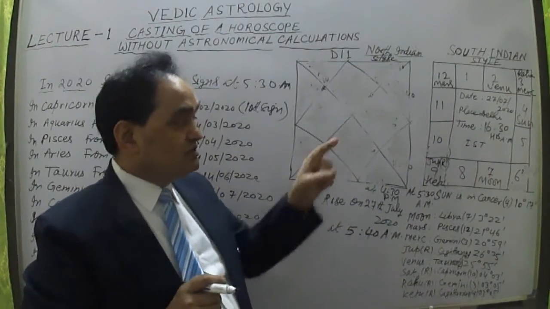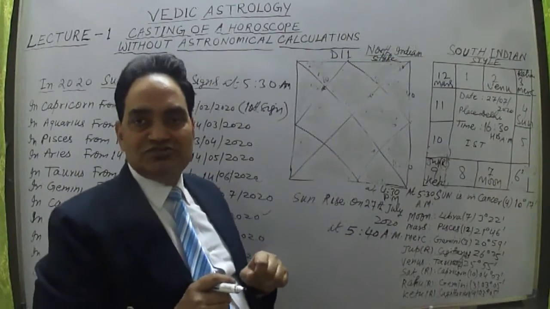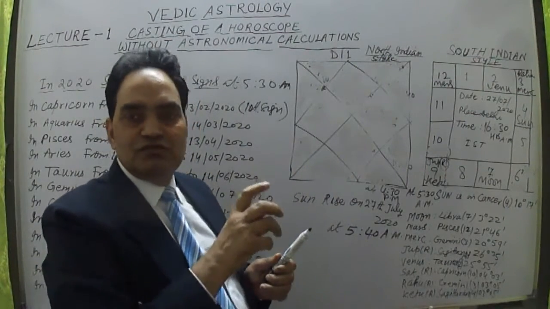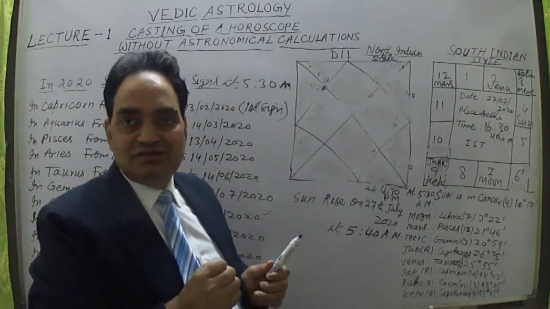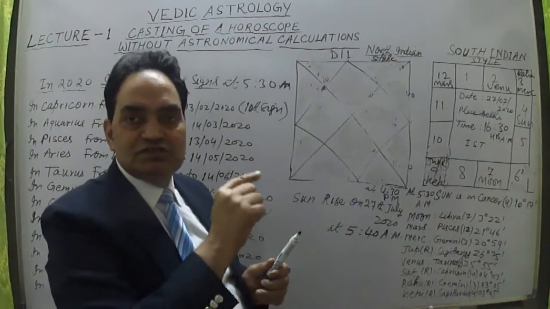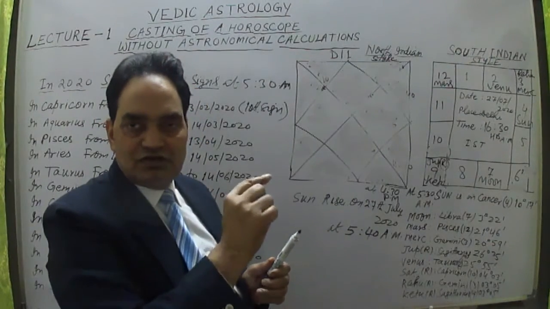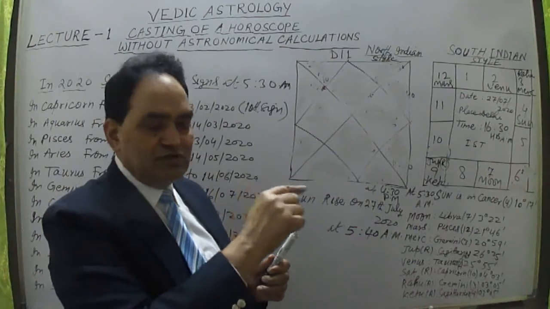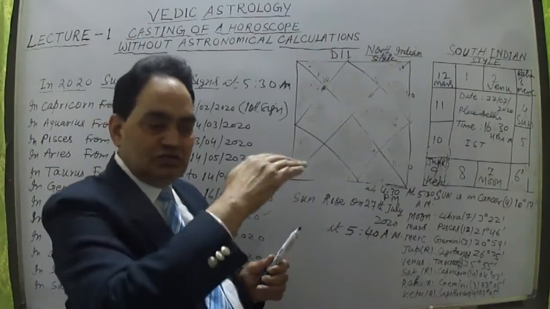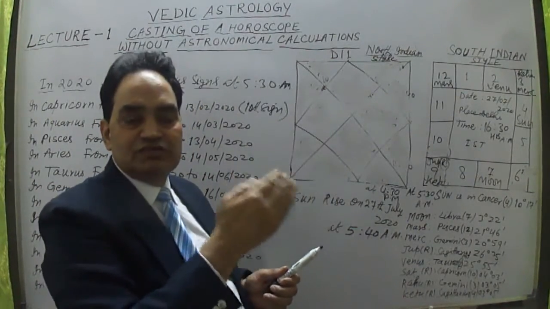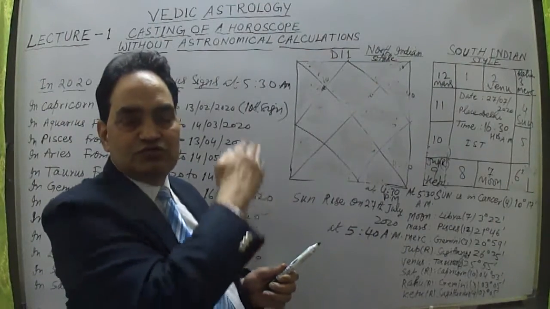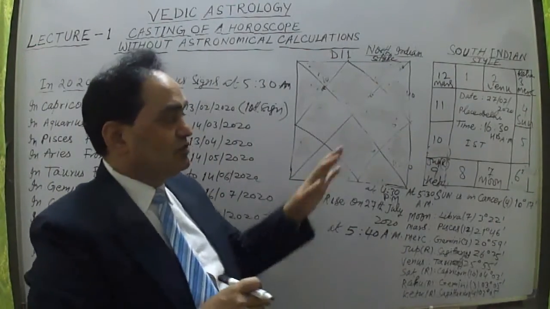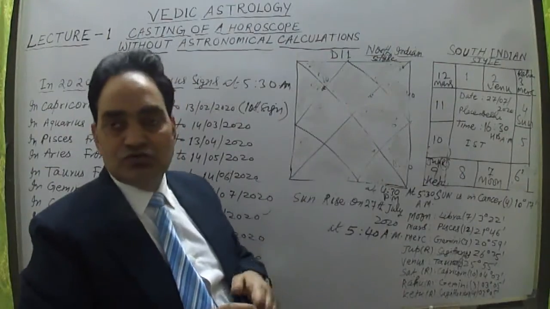Only what we have to do is very easy. Why is South Indian style easier? We just have to find where the ascendant is. From that ascendant sign, we keep the ascendant or Lagna right there, and from there count the first house, second house, in the clockwise direction: first house, second house, third house, fourth house, in this way. Okay, that is how the style is. Now 1630 I took. Let me take